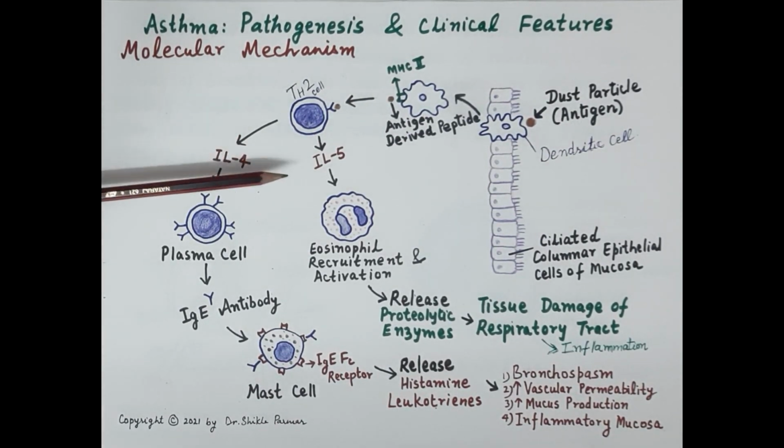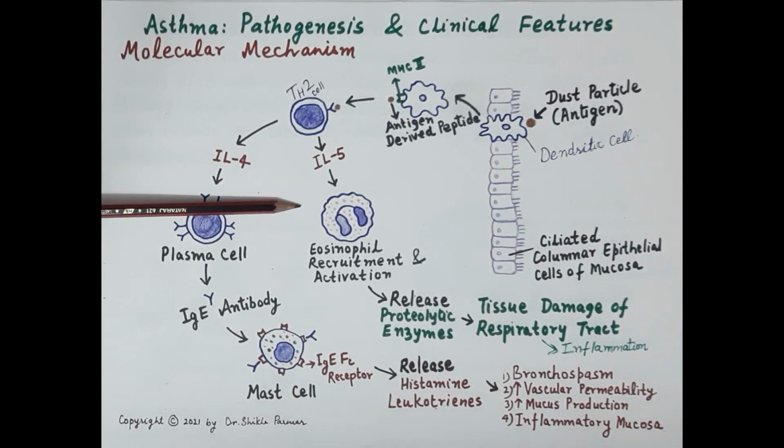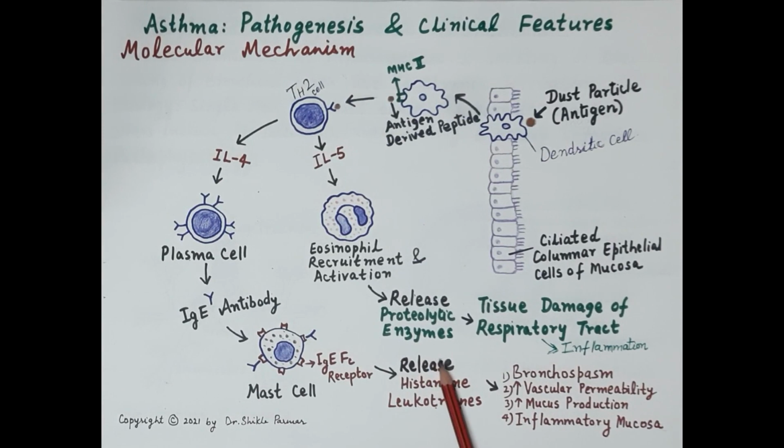Now, on the other hand, interleukin 5 attracts eosinophils. That means it causes recruitment and activation of inflammatory cells, that is eosinophils. Eosinophils release proteolytic enzymes, and these proteolytic enzymes further cause damage to the tissue of the respiratory tract, which further enhances the inflammation. So this is how in asthma there is narrowing of air passages because of the inflammation,